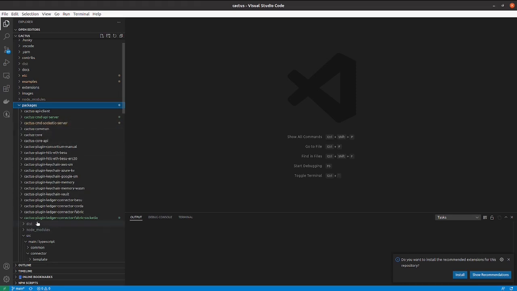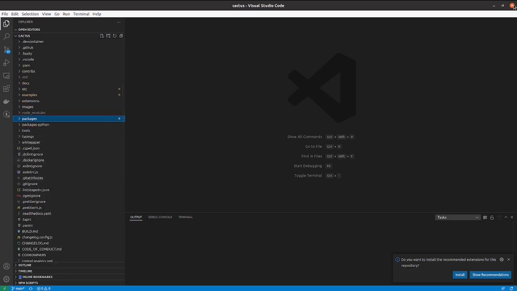For example, here I am using this Cactus plugin Ledger Connector Fabric Socket IO, and this plugin Cactus CMD Socket IO server. These are two important plugins which we are going to use in this demo. And there are other libraries also like Cactus Common, Cactus Core, Core API. These are all the libraries which will be used by these blockchain specific plugins.